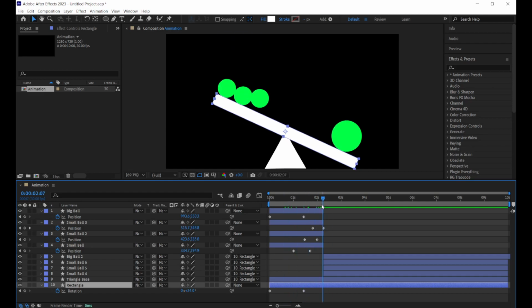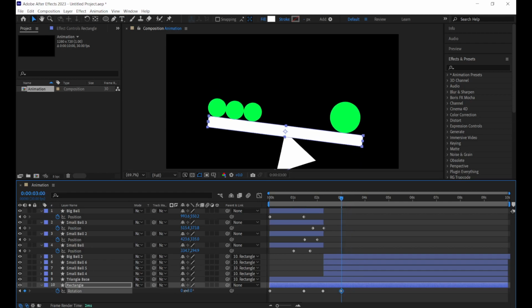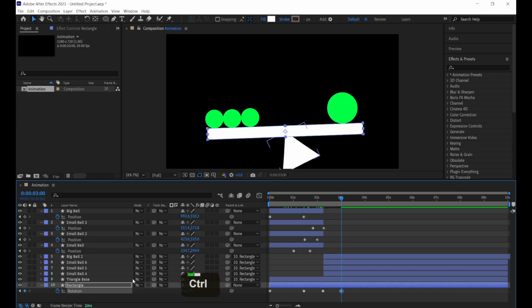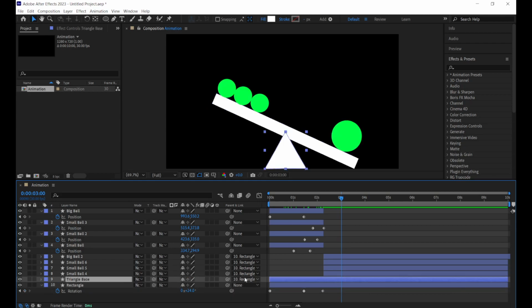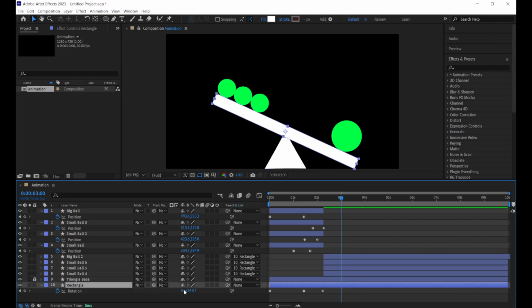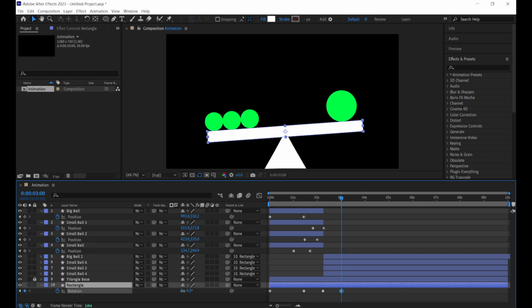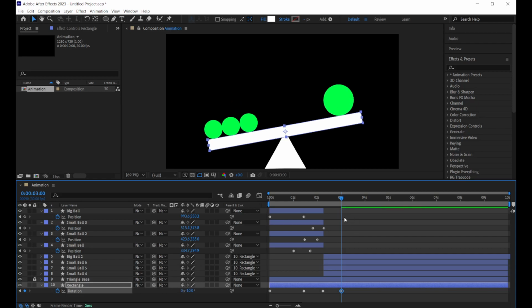So we want to move it from here, so we'll put a hold keyframe for the rectangle. Go to 3 seconds, and then we'll do this. Oops. You shouldn't parent and link the triangle. We'll actually lock this one. I made that as a mistake. And then 3, do that. As we do this, goes up